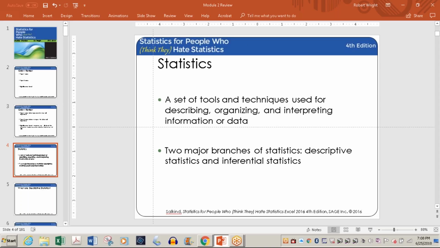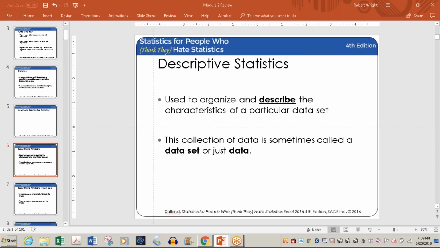Well, let's look at the words they're using here. First of all, they're talking about descriptive statistics. When you're talking about descriptive statistics, basically you're talking about things that describe. You're providing a description. Sometimes you're organizing particular characteristics of a data set. So when you're describing, organizing, interpreting information of a data set, that's what you're doing when you're using descriptive statistics. We just answered that. There's what I just told you there.